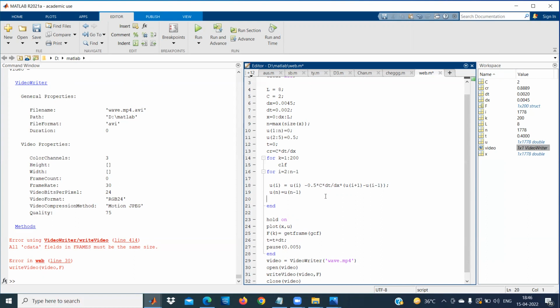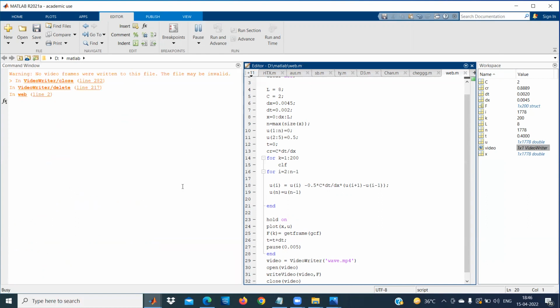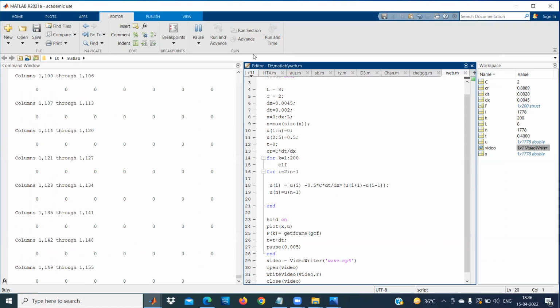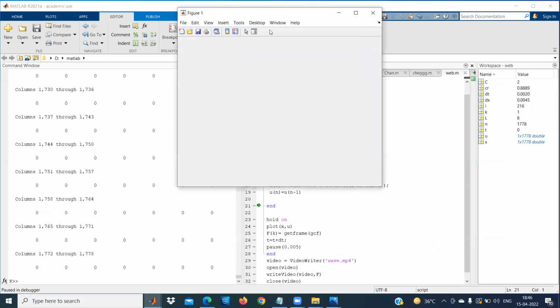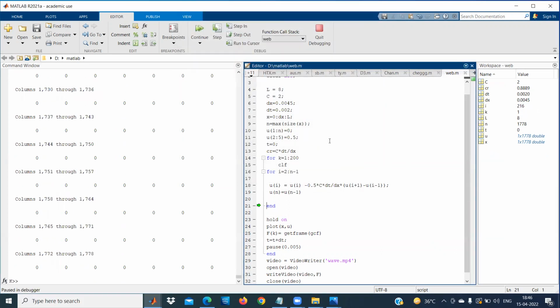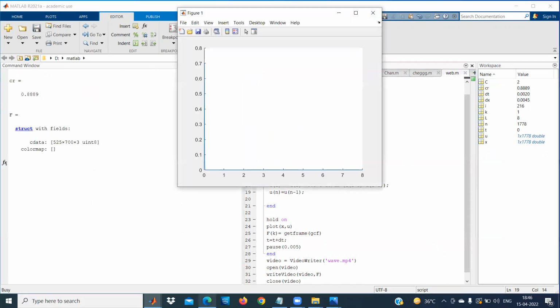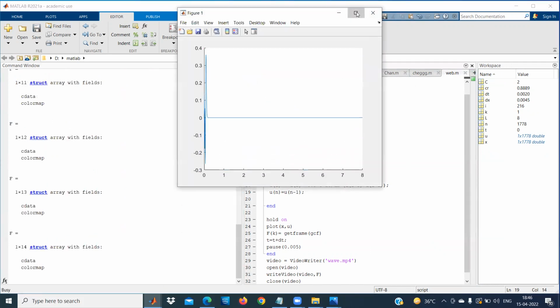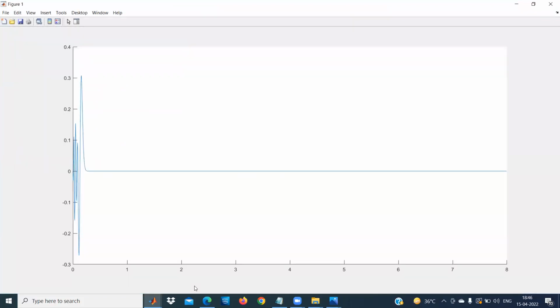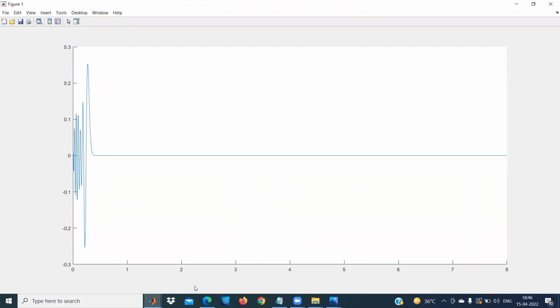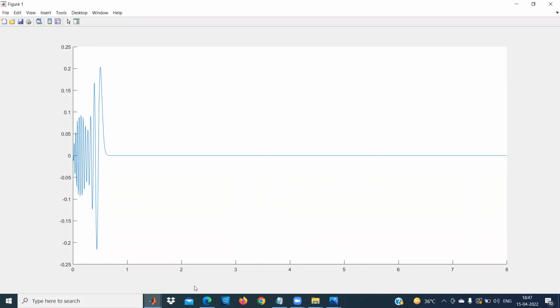Now we will see what will happen when we use the central differencing. Now we'll run that again. I have used the central differencing, and we can see that the